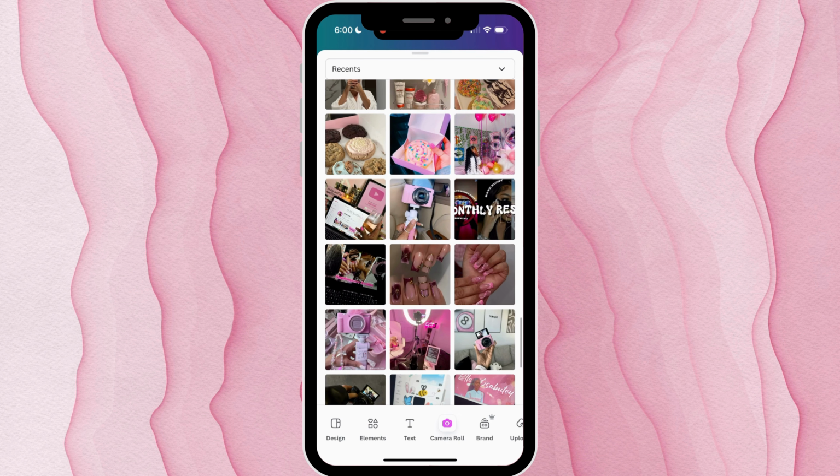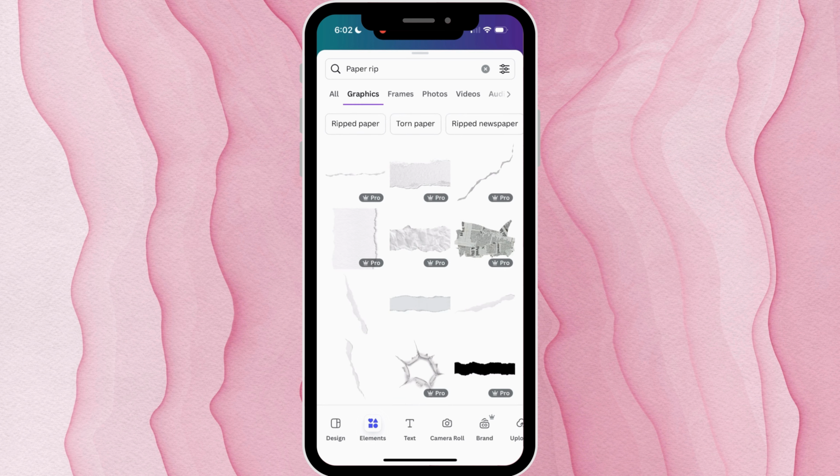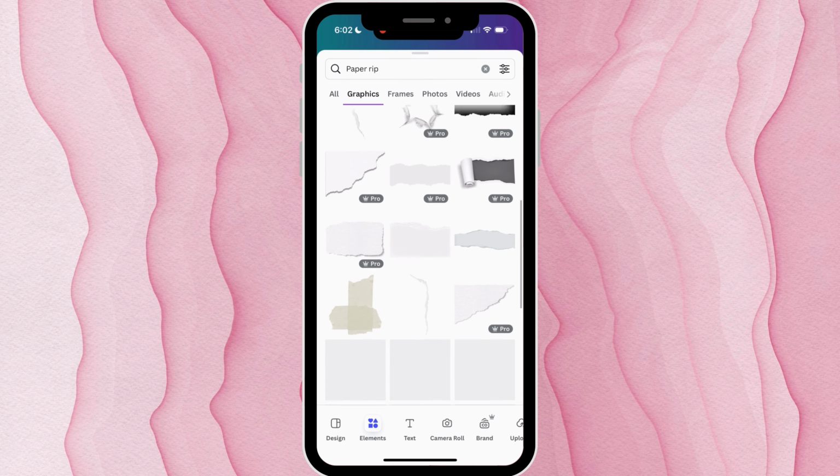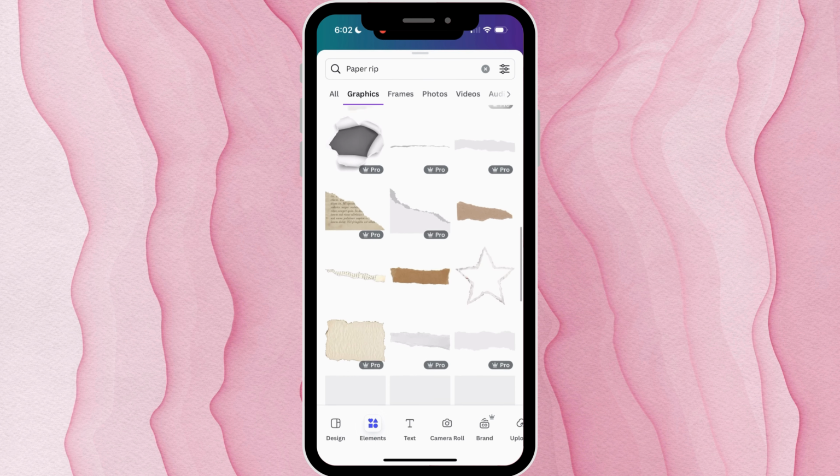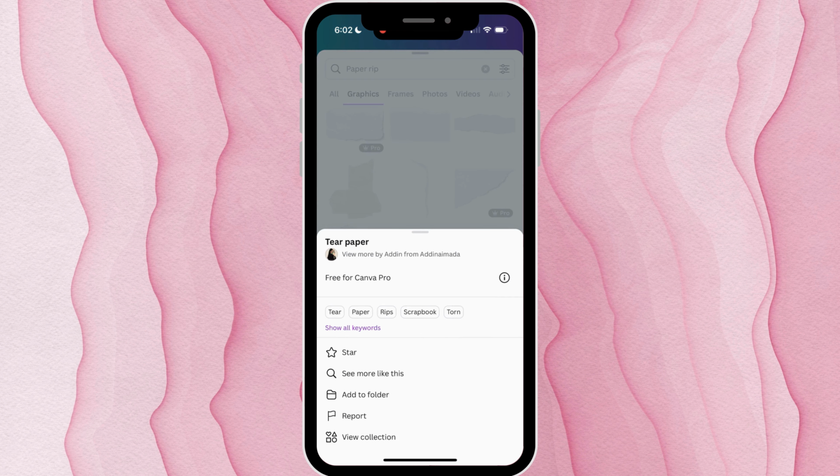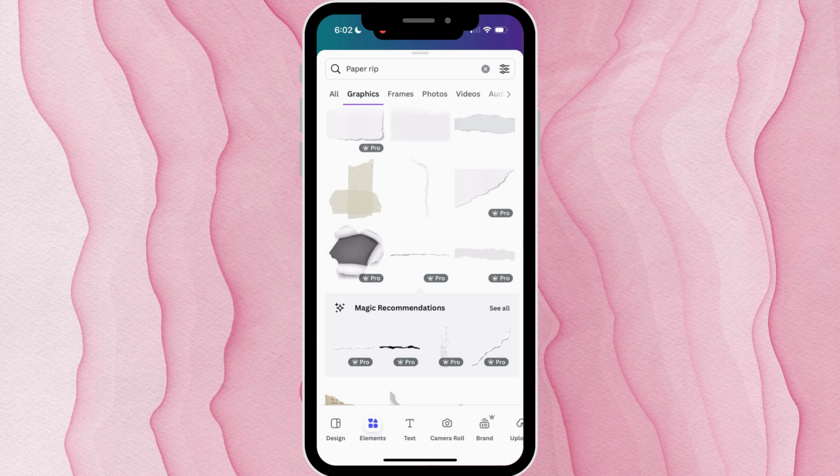Then from here, you're going to go back into elements, and where it says search elements, you're going to search paper rip. Click on graphics, and there are plenty of options here to choose from. I'm going to use a pro option, this one right here, but you can use a free option. There's a free option right above that one that you can use. This is the one on the screen that you can use, but I'm just going to click on the pro one